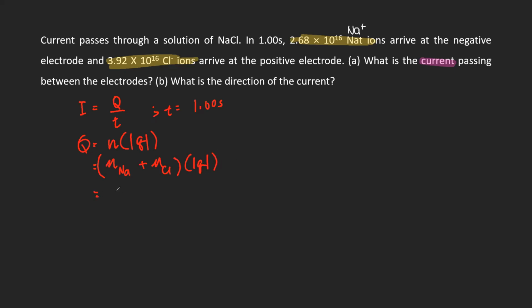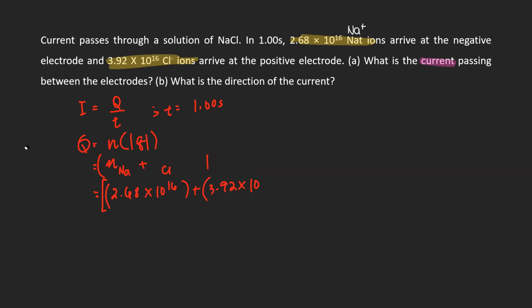For your N, that is 2.68 times 10 raised to 16 added to your Cl, 3.92 times 10 raised to 16 as well, multiplied by q. Your q, this is the absolute value. It's actually negative 1.6, but this is absolute, so that's just 1.6 times 10 raised to